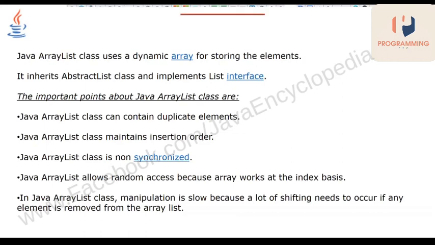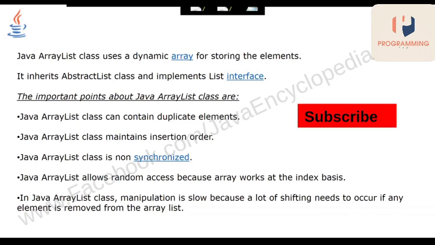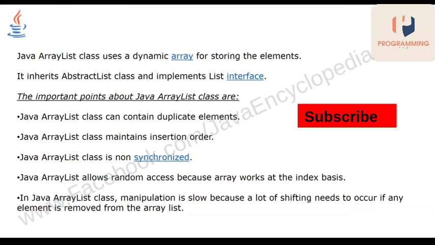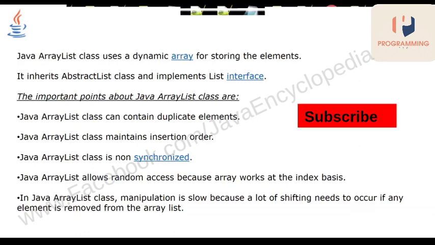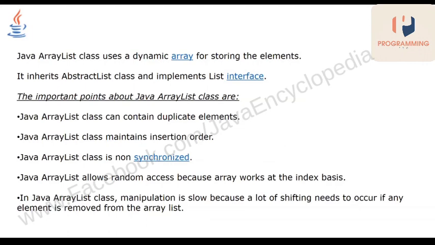ArrayList is not synchronized. A synchronized one means only one person can use the list at a time, and once the operation is completed, then another can use that list.